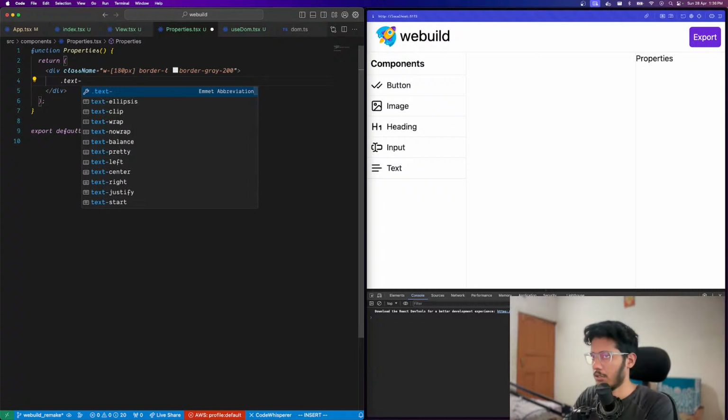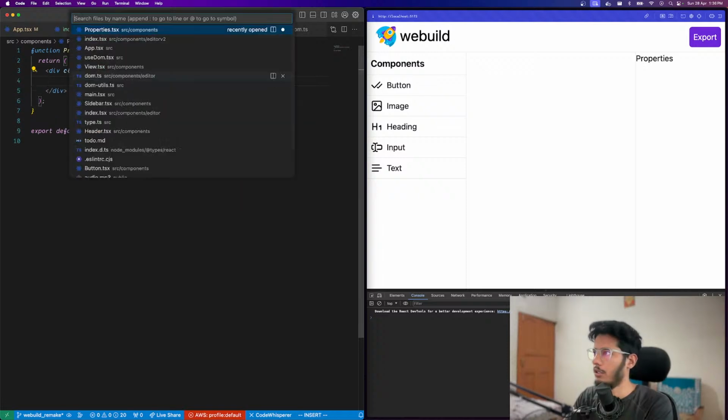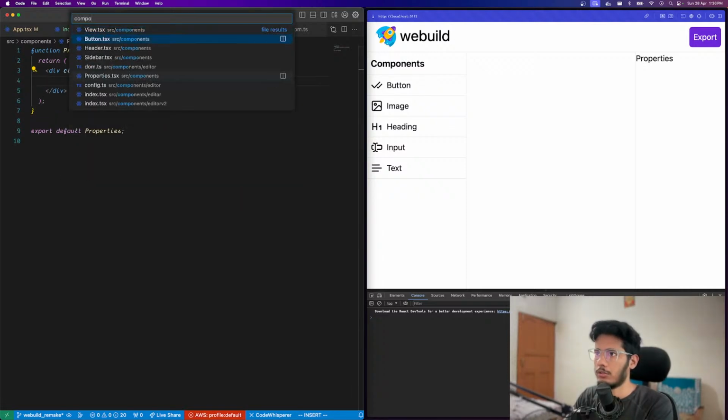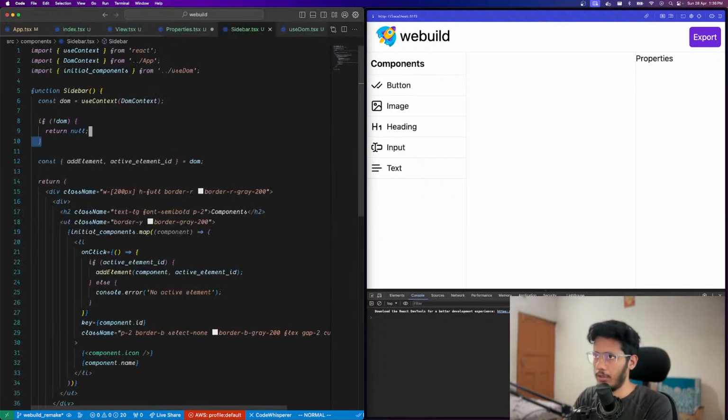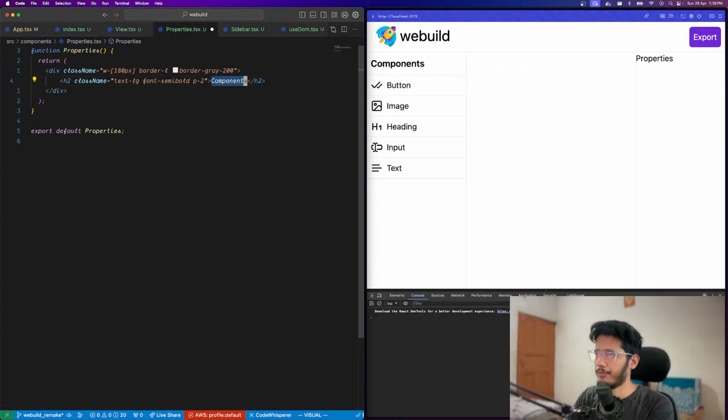And then we can just have some text. So text, h1, h2. How did we do that in the components, or in the sidebar? However we did there, I just want to keep it consistent. So yeah, there you go. Let's say this is properties, right? We have properties,